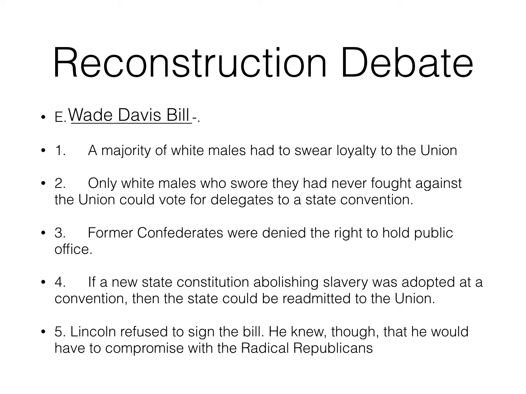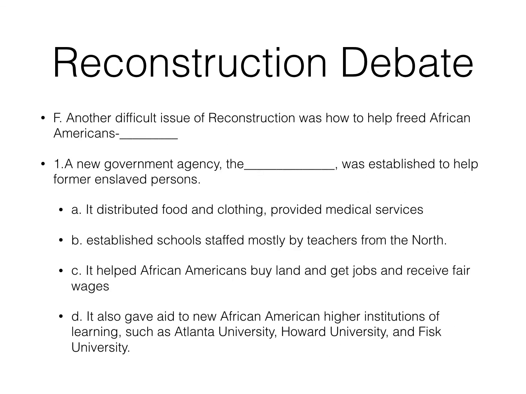Both Lincoln and the radical Republicans did want southern states to create new constitutions which basically abolish slavery in that state. Now, Lincoln refused to sign the Wade-Davis Bill. His plan was too soft. Their plan was too hard. So he knew that he was going to have to find some kind of common ground with these radical Republicans. All right. So one thing, though, that radical Republicans and Lincoln had in common was the idea that African Americans